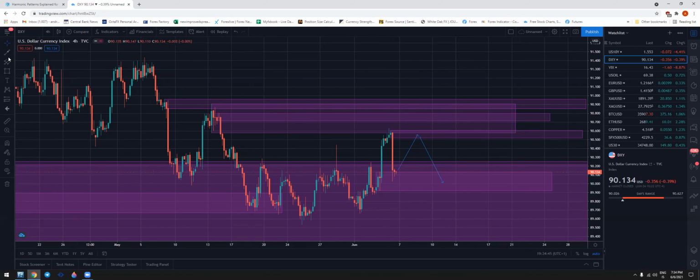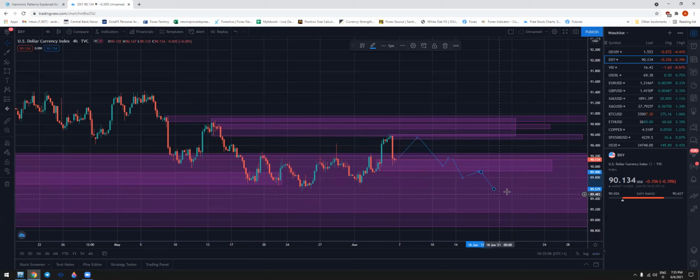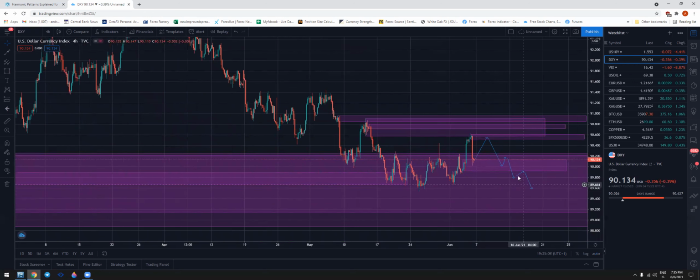Hopefully. I mean, hopefully not, because this is going to take forever. But considering what has been going on, it definitely makes sense that it's going to keep taking its time. And hopefully here it bounces one more time a little and then cracks through. Once this low here gets broken, I think